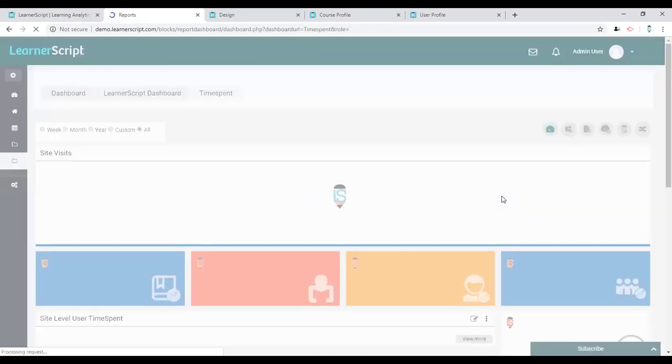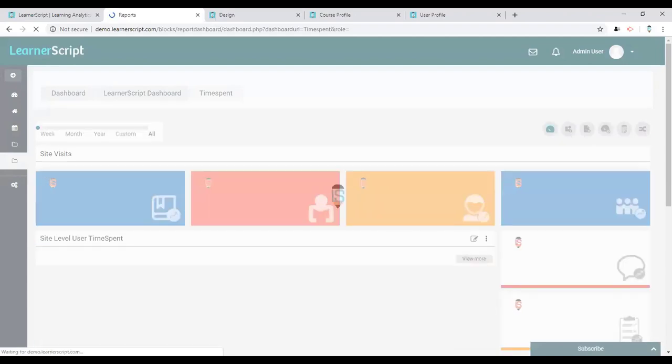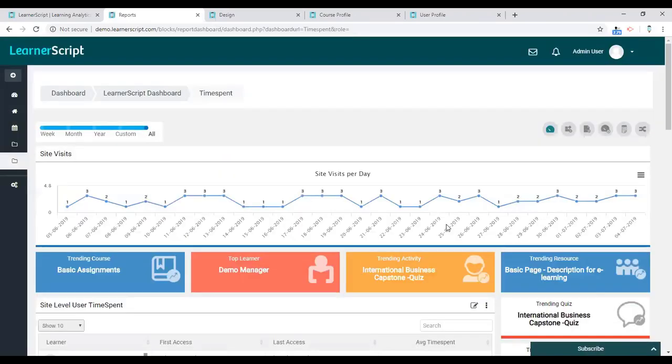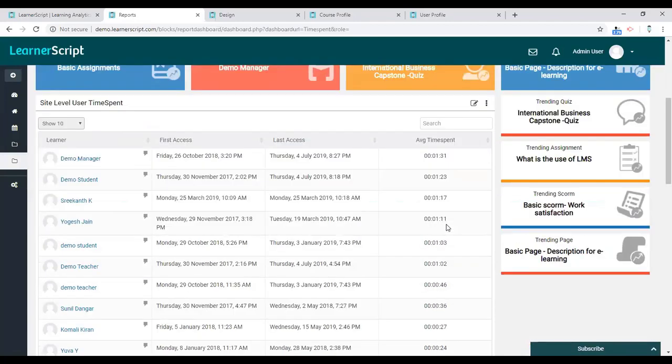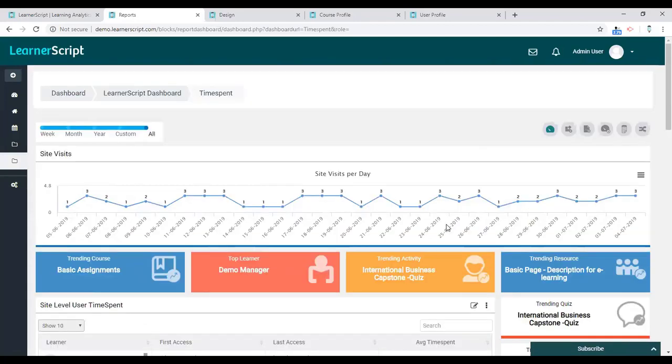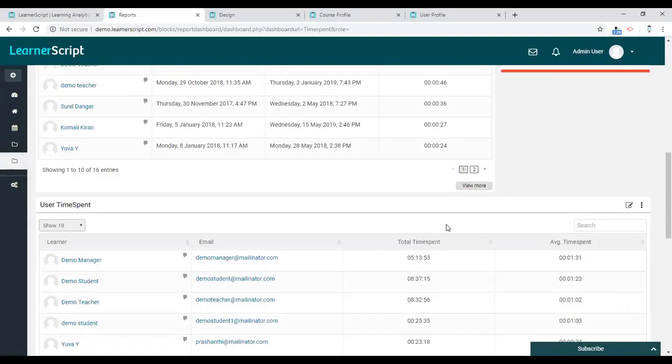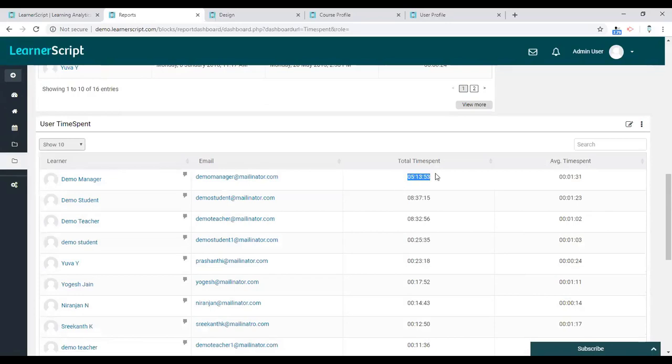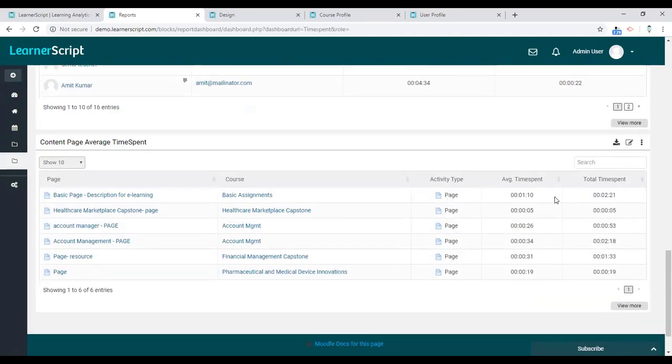Okay. And time spent. When you install this plugin, LearnerScript will capture the user time spent, the actual screen time they're spending on the system. From the day you install this plugin, you will have that, and it will show the report saying how much time each user is spending on the system, and how much time is spent on each resource. Actually, we are trying to avoid this average time spent. We are about to remove this. There are some performance issues regarding the average time spent,